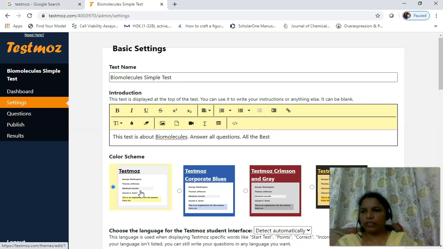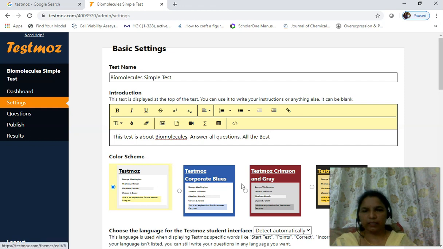And the dashboard gives the list of actions we can do. Trust me, anyone in the first attempt can do this test very efficiently. And as teachers we can use this for our regular internal evaluations also, and if possible we can also use it as a tool for the final examinations. And let's go here, the introduction for this test.